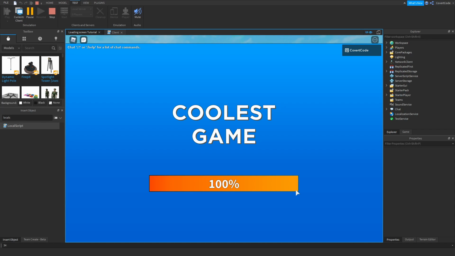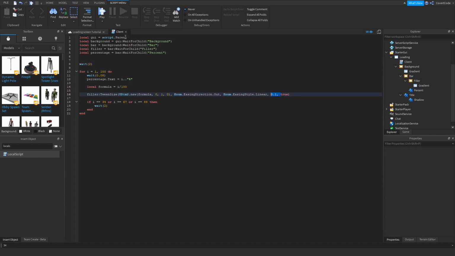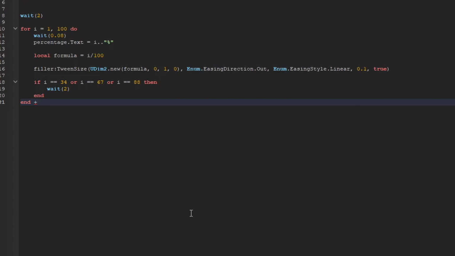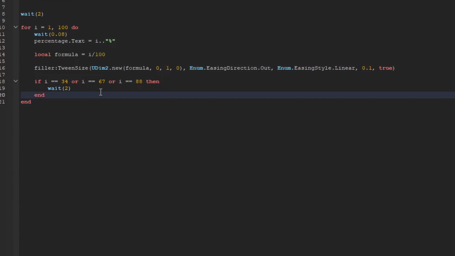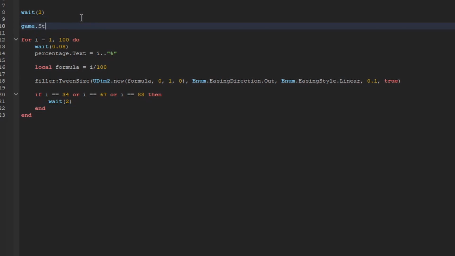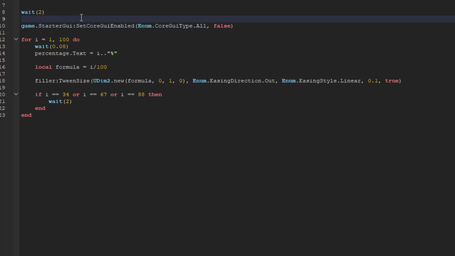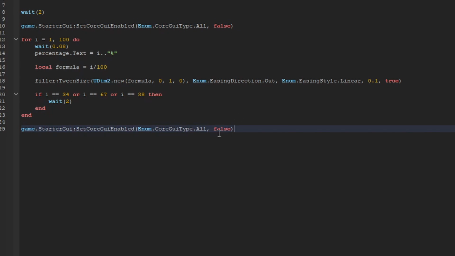So one thing that is bothering me is that you can still see your chat and the player list here. So what we're going to do is we're gonna hide those objects. So we need to set core enable, okay? So what that's gonna do, give me a second here. So game.StarterGui:SetCoreGuiEnabled, Enum.CoreGuiType false. So we're going to the starter GUI here and we're setting all of the core GUIs to false, which means we're basically just making them invisible, okay? And after this is done, we want to make them visible again. Okay, so now if we click play,